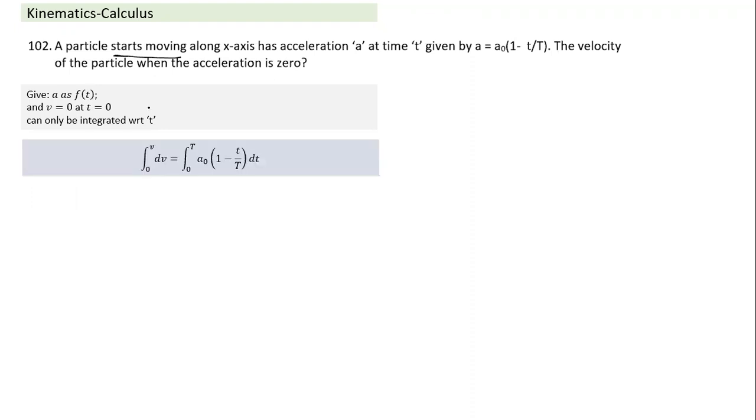So it is fairly simple. The only importance is which limit we use. Okay, so this a is given. A is nothing but dv by dt. So if I take dv on this side, dt is taken to the other side. This is how the integration is. And we need to find velocity, which is known at t is equal to 0. Velocity is 0. At time is equal to capital T, when the acceleration becomes 0, that is the velocity we need to find here. So v here corresponds to velocity at time t is equal to capital T when the acceleration becomes 0.